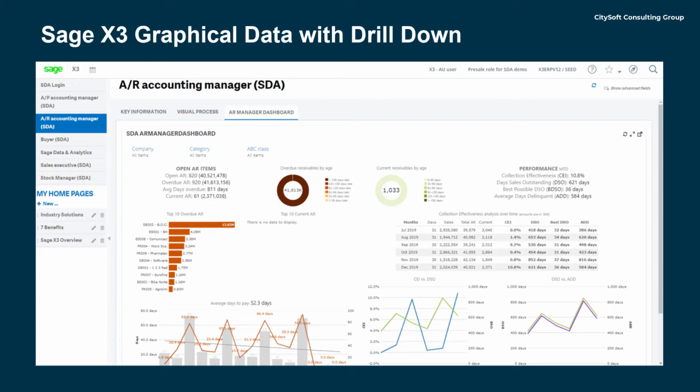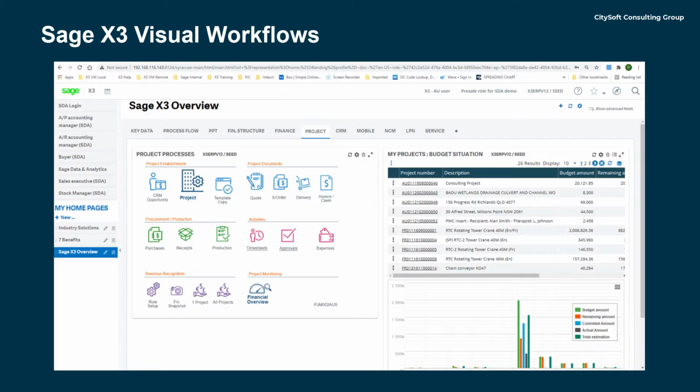Sage X3 dashboards are not just pretty to view. They support drill down to underlying data and simple user reconfiguration and filtering to focus decision making on accurate, timely data. Visually appealing workflows provide direct access to underlying screens for data entry or inquiry purposes. Document and file attachments and signatory circuits provide system users with access to business information and the status of any